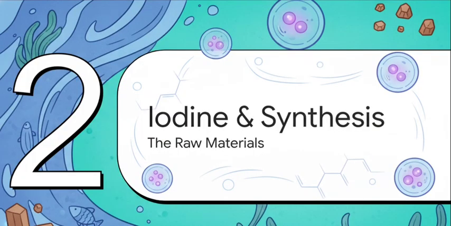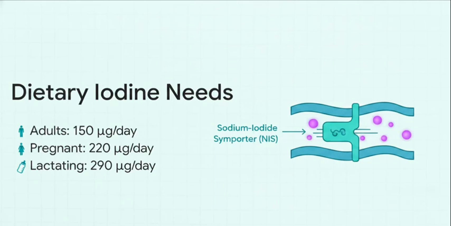Moving on to Section 2, Iodine and Synthesis, the raw materials. The absolute foundational ingredient for this entire manufacturing process comes straight from our diet, and that's iodine. Now, adults require about 150 micrograms per day, but that demand jumps up to 220 for pregnant women and 290 during lactation. The thyroid aggressively traps this dietary iodine, concentrating it against a massive gradient using the sodium iodide symporter,